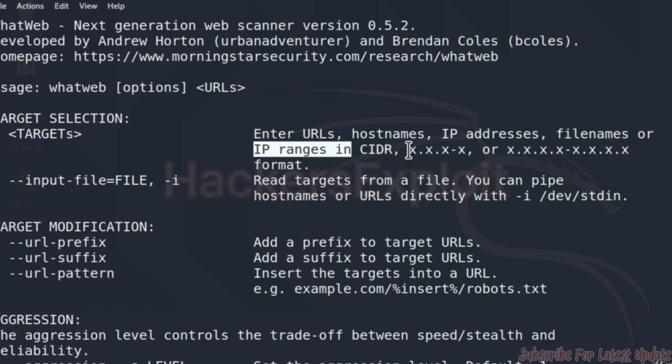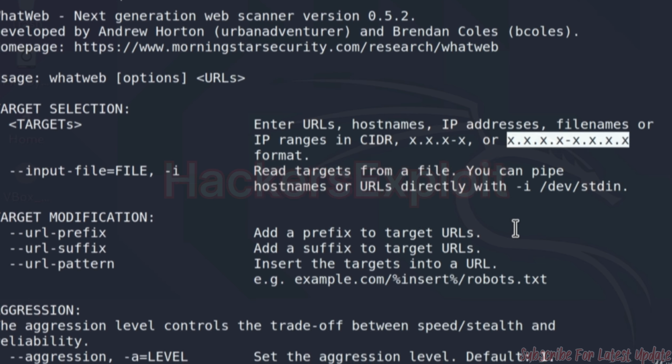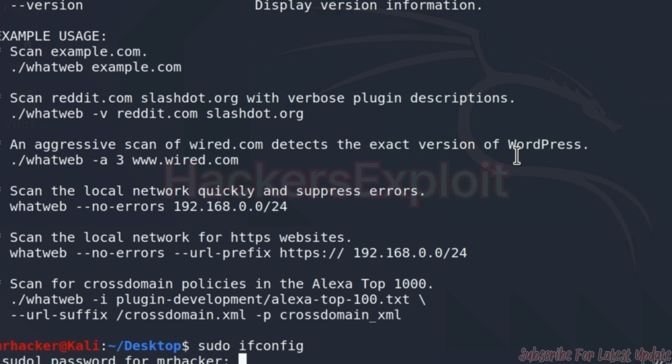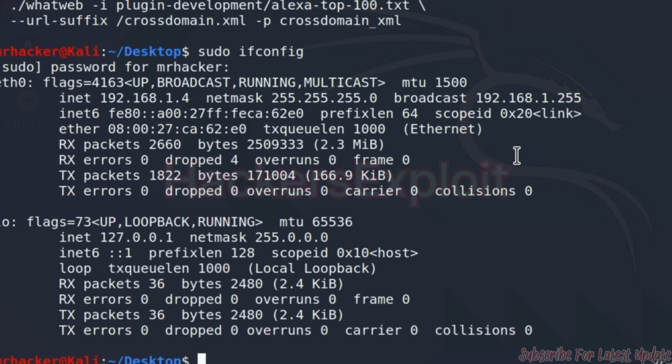We can specify them like this or like this. Now to test this out, I'm going to scan my entire home network. And to know what range of IP addresses I should scan for my home network, I could type down here the command ifconfig or sudo ifconfig, since remember, this requires root privileges. Press enter, enter our password, and we can see that my IP address is